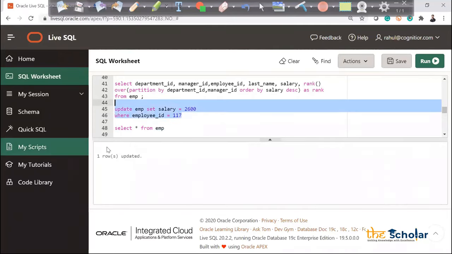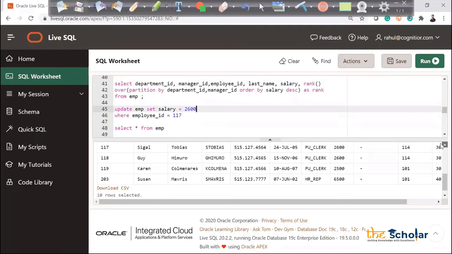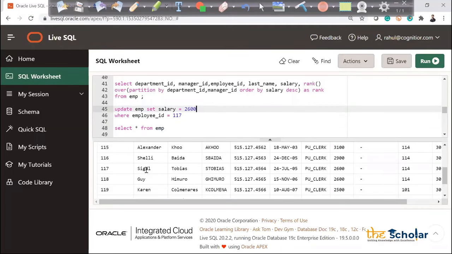Now you check here the output. Here you can see now Himuro's salary and Seagull's salary is same, 2600, and there is 2500 for Karen. Let me run now rank and dense rank. So let me run dense rank first.